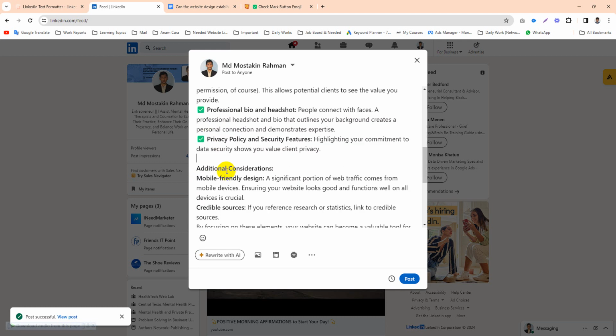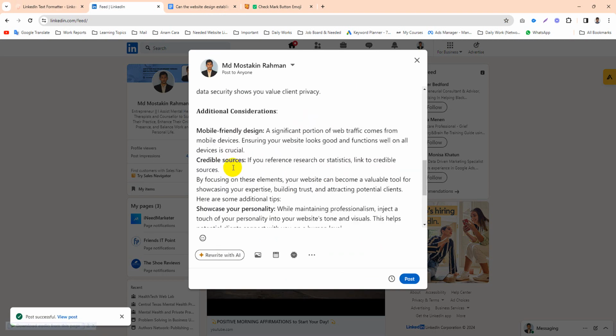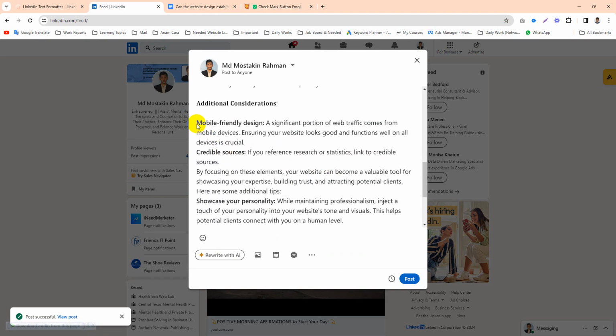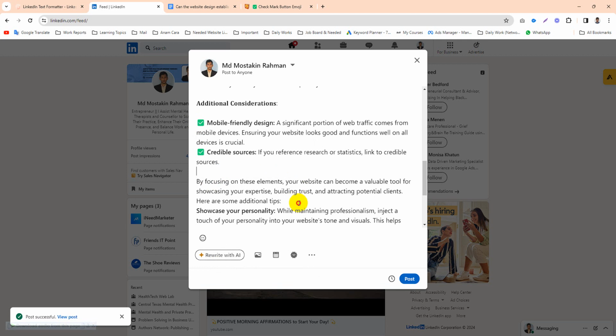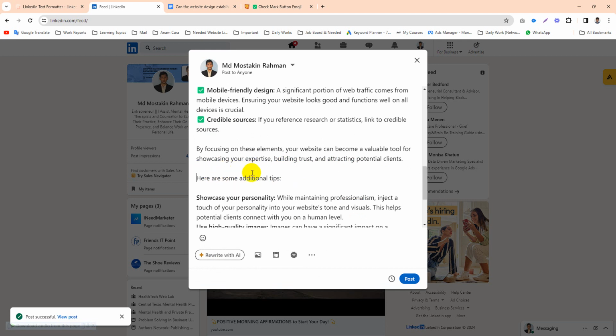Okay, and then here is the additional consideration option. We're just going to make it bold again, then it should be the mobile friendly design. We just recommend, of course, the mobile friendly design. Your website can become a valuable tool for showing your expertise, building trust, attracting potential clients. Here are some additional tips. So some additional tips: